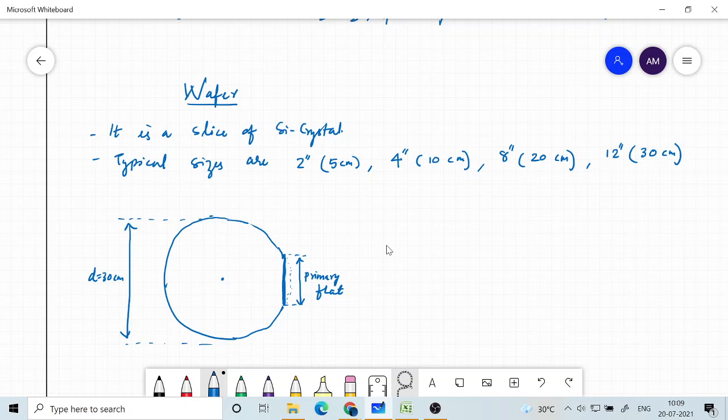Okay, so this is a kind of reference. Now along with the primary flat, we will have a secondary flat, which is another small cut. That could be on this side, which is 180 degree. The primary cut and secondary cut are just diametrically opposite. So here we have the secondary cut